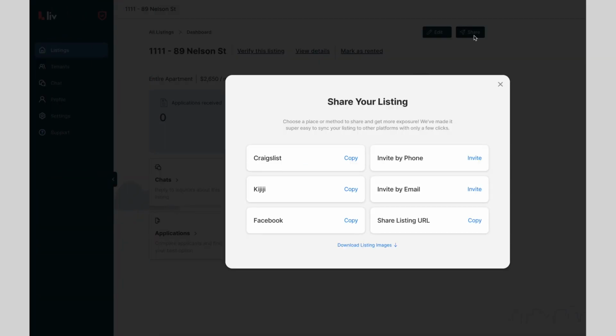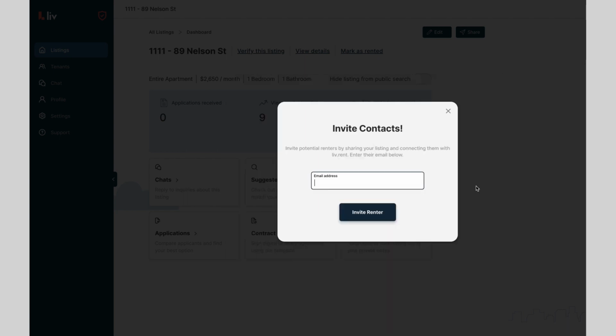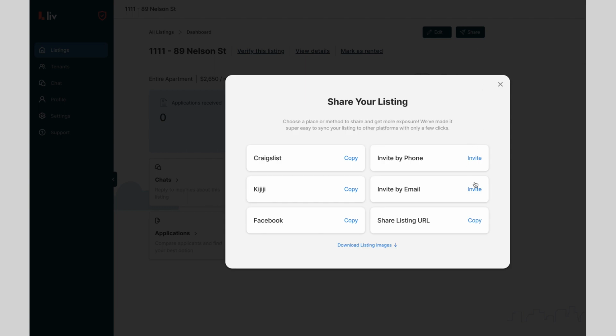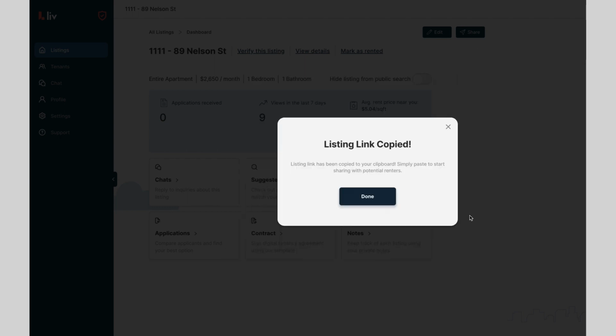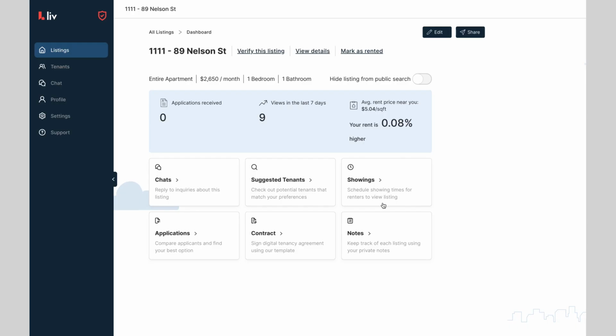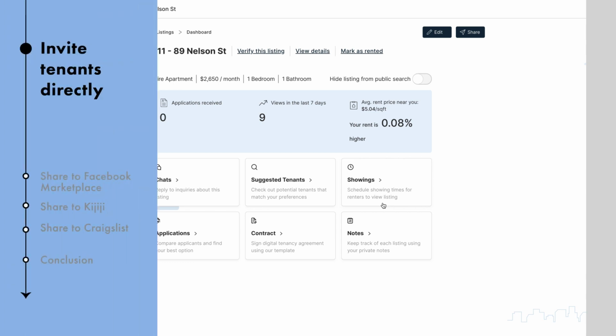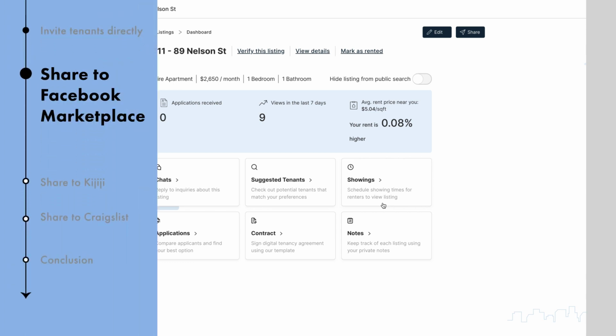Here, you can invite tenants to apply to your liv.rent listing, either by phone or email. Click the option you'd like to use and a personalized message will be generated that directs applicants to liv.rent to apply. This way, you can still take advantage of the many features and benefits liv.rent offers even if you found a tenant elsewhere. You can also click on Share Listing URL to copy your listing for easy sharing anywhere you choose. For an even easier marketing solution, you can transpose your entire listing to Facebook, Kijiji, and Craigslist quickly